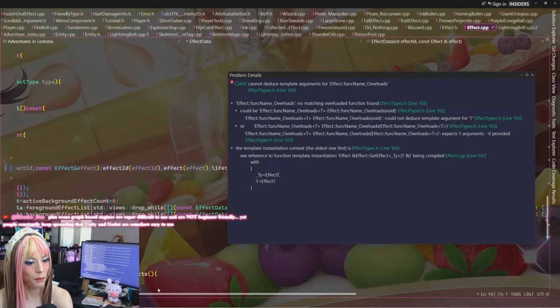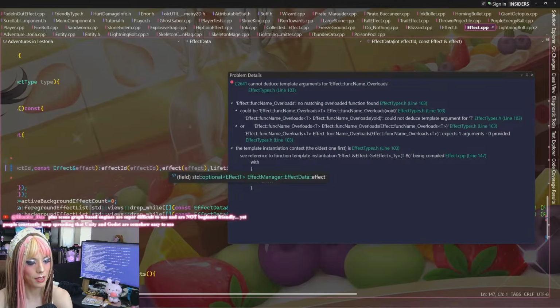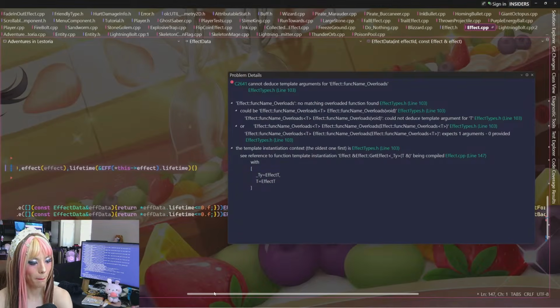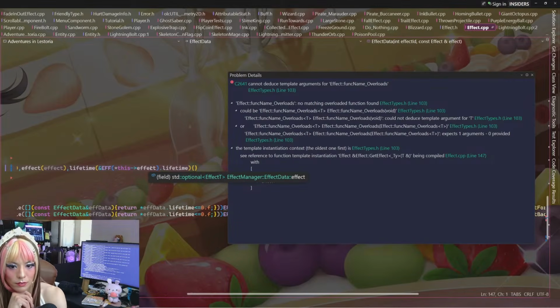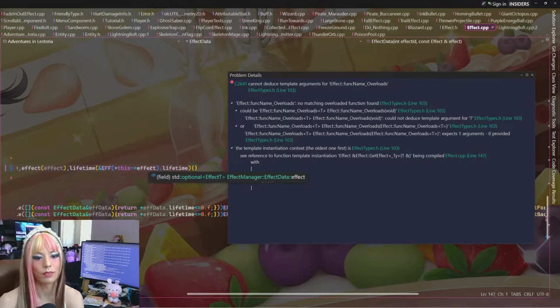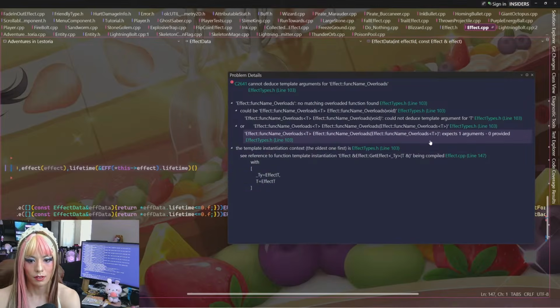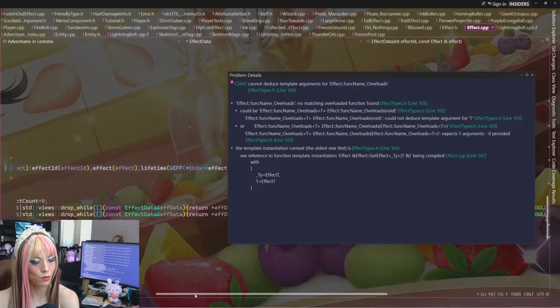But whatever we passed in here should match that type. In this case, it's just a regular effect. So it just says it cannot deduce.